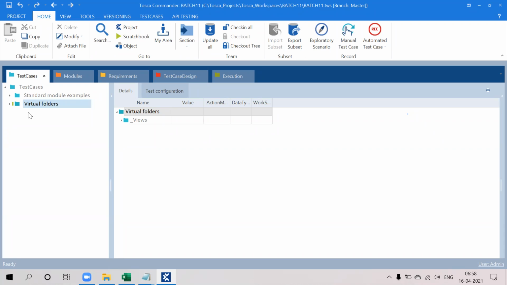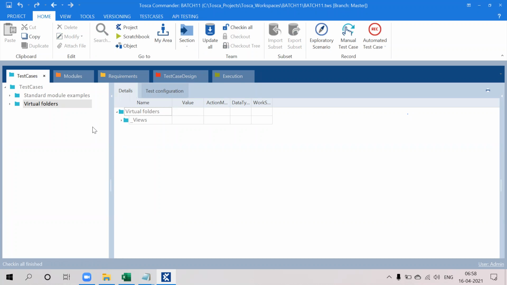It means you have checked out this particular folder. If you have checked out this folder, the other person in your team cannot access it. So I am going to check in again. Click on check in all once you have completed your work.